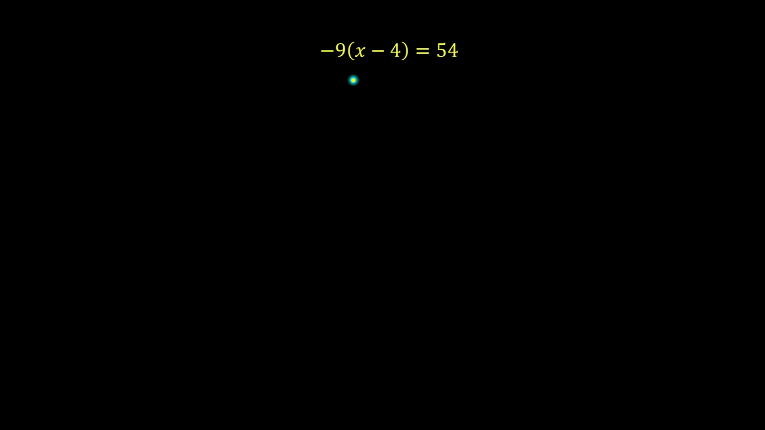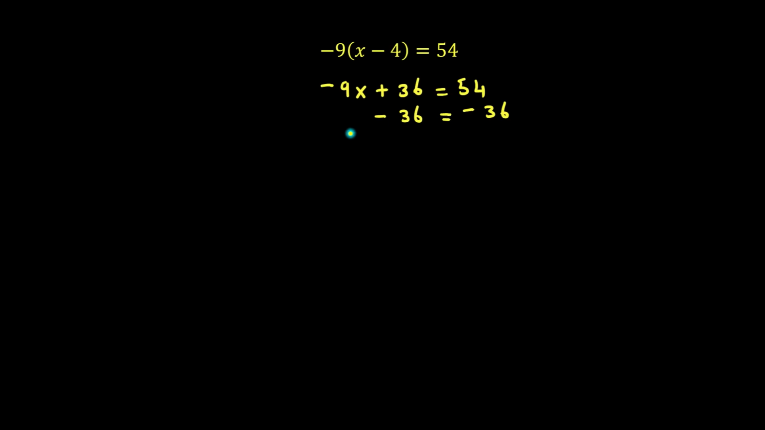Okay, here's another one. Once again, now we've got a negative number in there. So we just have to be careful when multiplying out the bracket. So negative 9 times x will give me negative 9x. Negative 9 times negative 4 will give me plus 36, which is equal to 54. So once again, I need to get rid of this 36, and it's a positive, so I need to subtract both sides